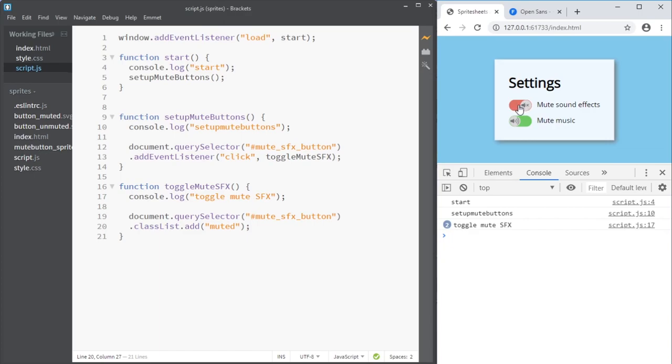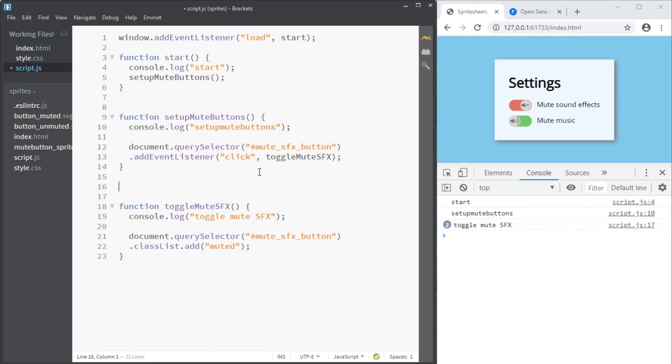And in order for the JavaScript to remember if it was muted or not, I will have a variable. That's actually going to be a flag that tells me if the sound effects are muted. So let's say SFX is